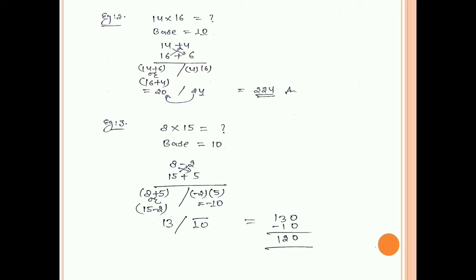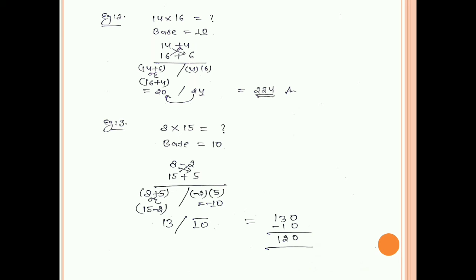Since we are choosing base number as 10, the number after this slash should be a unit digit number, so 2 will carry over to 20. So we will write 4 and 2 will carry over to 20. 20 plus 2 will be 22, so our answer will be 224.